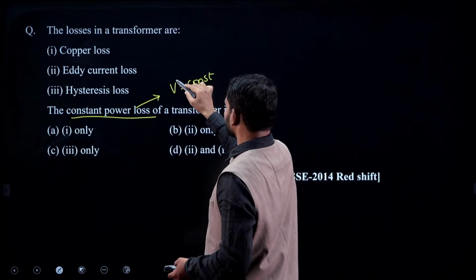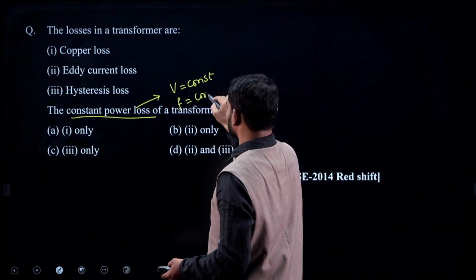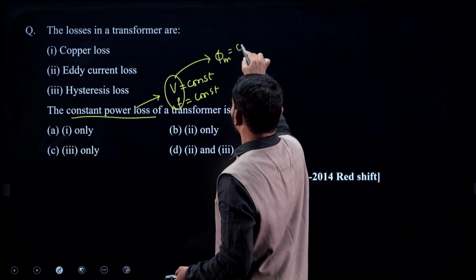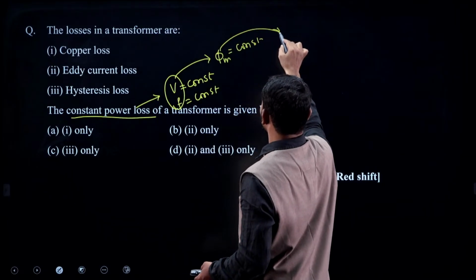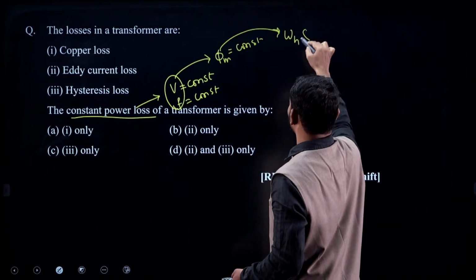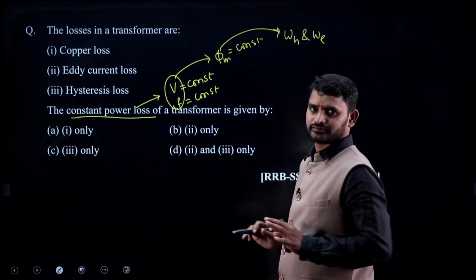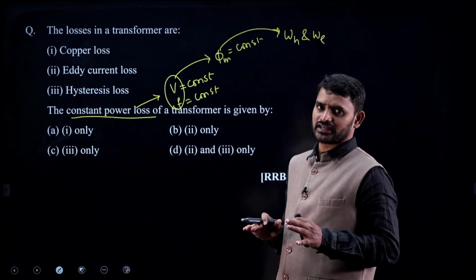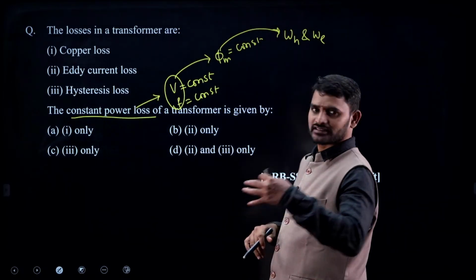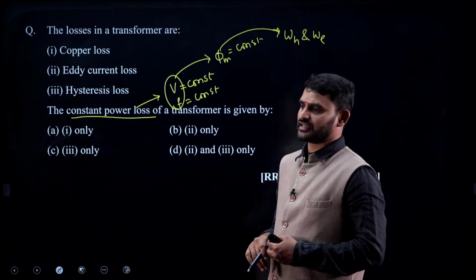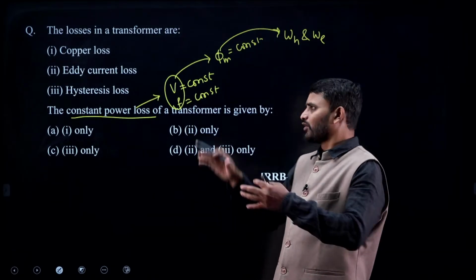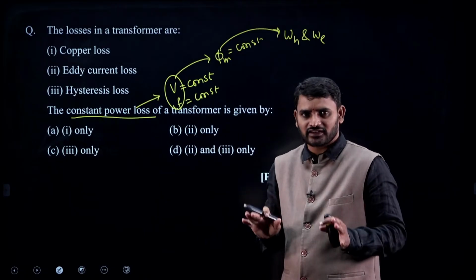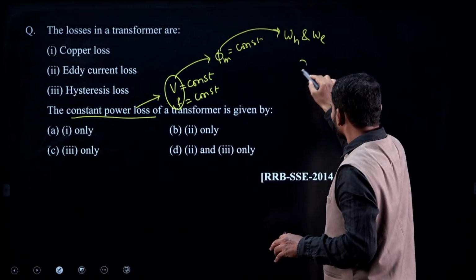If voltage and frequency are constant, flux is constant. If flux is constant, the associated hysteresis loss and eddy current loss are also going to be constant. We are making frequency constant and voltage constant, so flux density is constant and hence the associated loss is also constant. How can you make this constant? You apply rated voltage and rated frequency. That means even though you change the load,